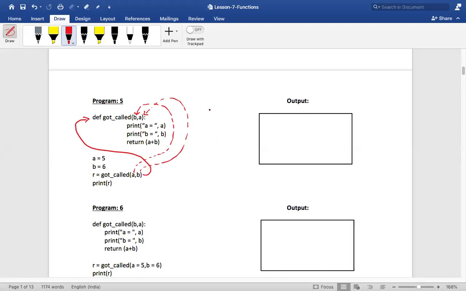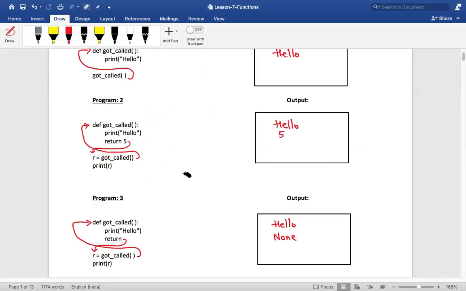Assume this is your main context. Let me write it over here with the help of a diagram, and you will be able to understand. Let me start from the main context. In the main context, what are the two values? 5 and 6. Guys, understand how it is represented in memory so that you will be able to understand this better.